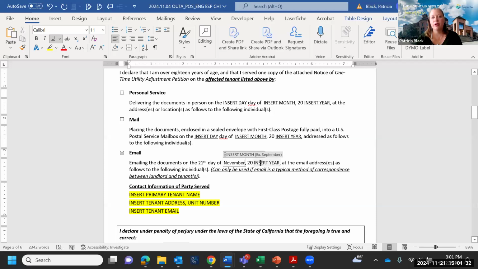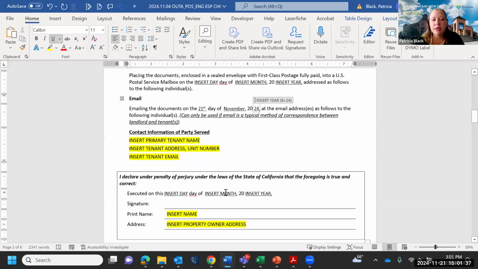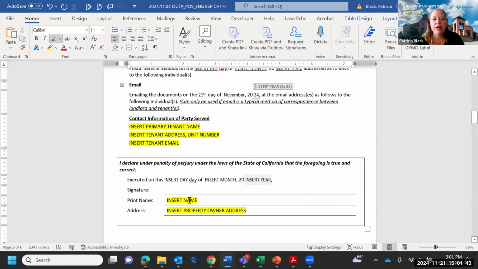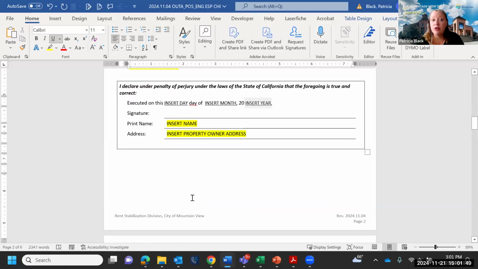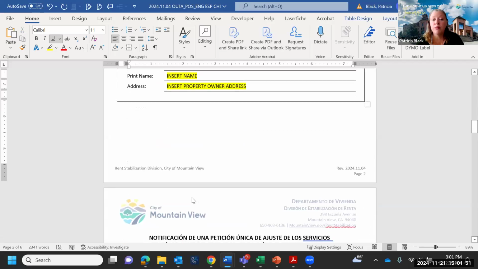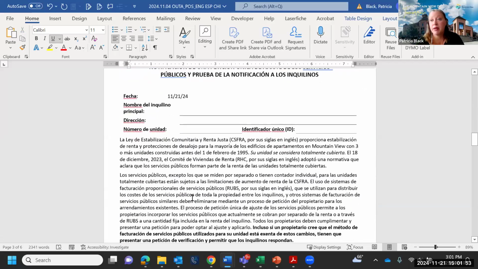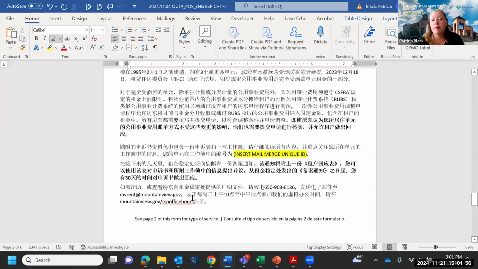And then you're going to put in the year here, 24. And then you're going to do the same thing here. So you'll put in the day, the month, and the year, and then you'll have to sign this. So you're going to do that for each tenant. You're going to do that only in English, but you will be providing this form in Spanish and Mandarin for